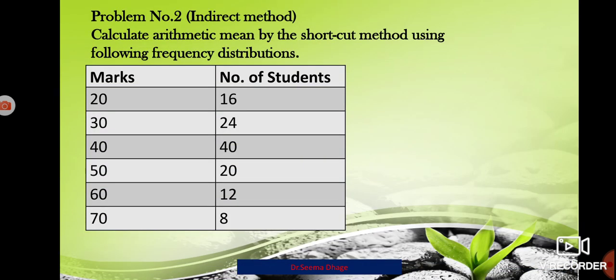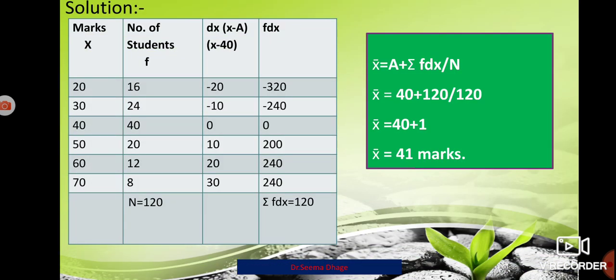We are solving our second problem by indirect method. Calculate arithmetic mean by the shortcut method or indirect method using the following frequency distribution. Marks and number of students are given. So here marks is the variable, number of students is frequency. First few steps are the same. So marks we will denote as x, number of students as f. Then we will take the sum of the total number of students,